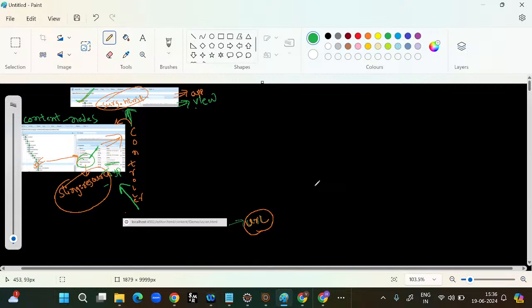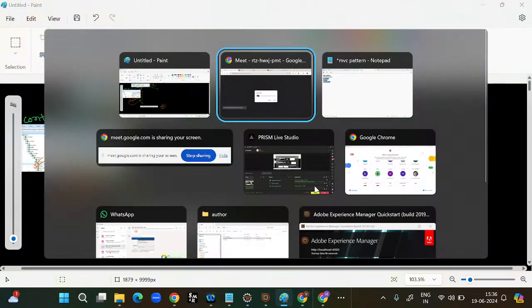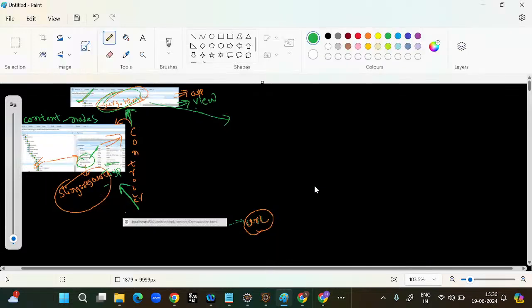There it will look for the .html file. The .html file is the presentation layer. In the presentation layer, we will write the code like this. Like in the last session, we had written the code like this. So I will show you that one. How will you write the